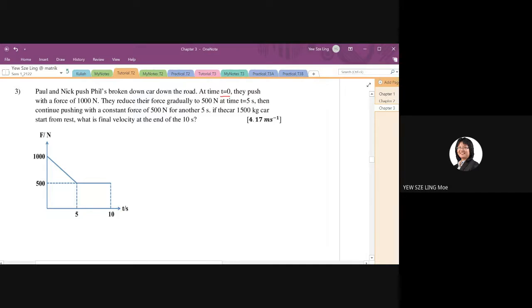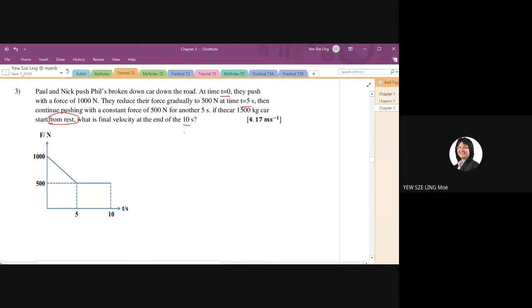They reduce their force gradually to 500 Newton at time t equals 5 seconds, and then continue pushing with a constant force for another 5, which means the final time is 10 seconds. So if the car is 1,500 kg and it starts from rest,